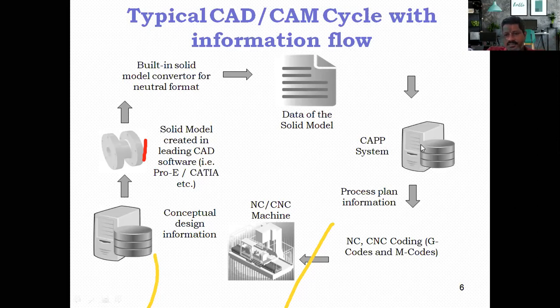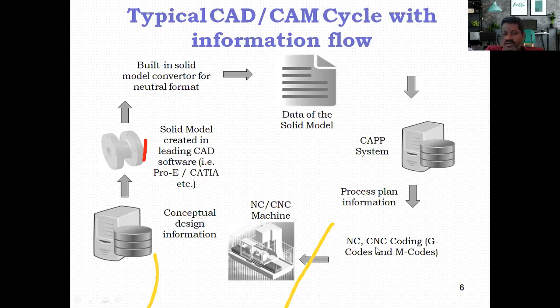You can call it computer aided process planning, or simply the process planning stage. I repeat: during the process planning stage, the cutting parameters, type of machine and type of tool to be used will all be calculated and selected. So in turn, the parameters required to manufacture will be selected during the process planning stage. Then after process planning, NC coding will be done.